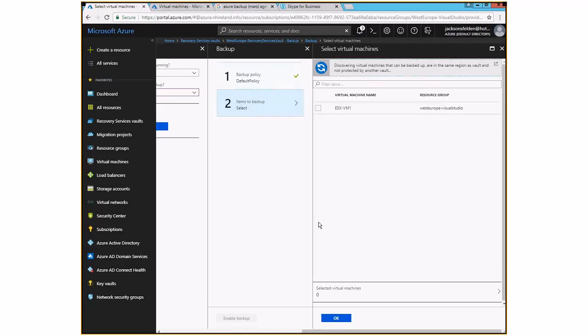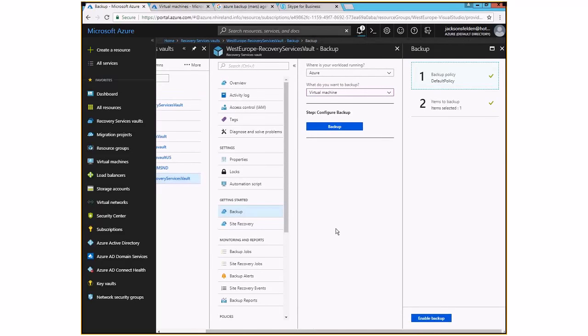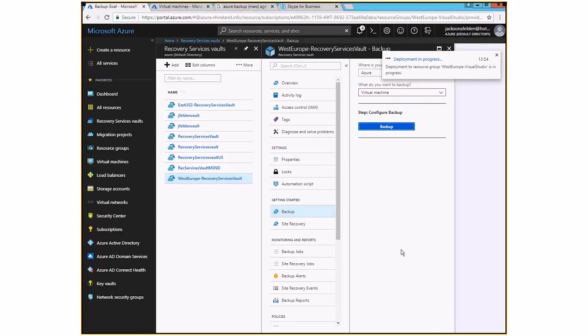Then all the virtual machines under the same region where my backup vault has been configured will show up here. In my case, I have an ESX virtual machine 1. Just select the virtual machine, and then click on Enable Backup. And pretty much that's it. That virtual machine at the moment is off, not running. I might get an error because the VM is not running.